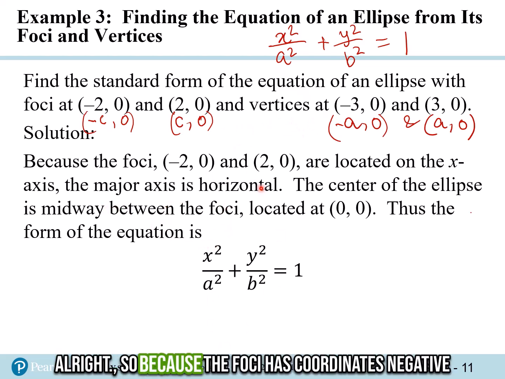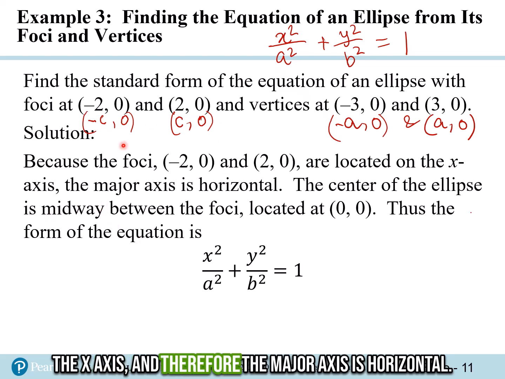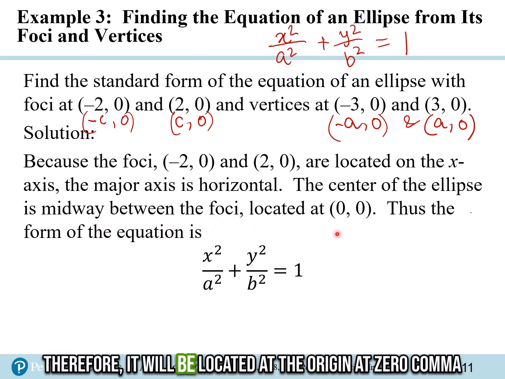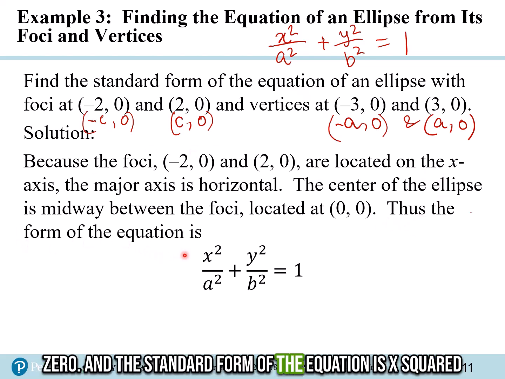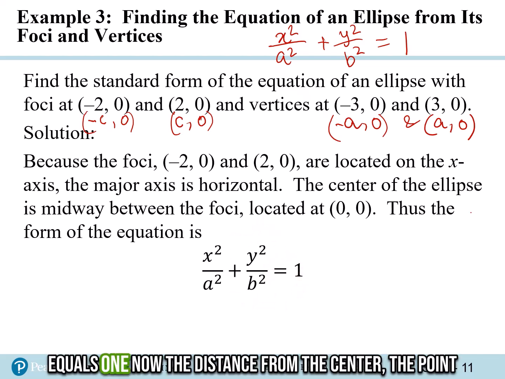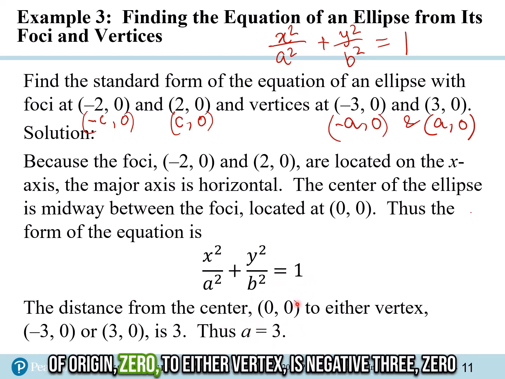All right. So because the foci has coordinates -2, 0 and 2, 0, they are located on the x-axis and therefore the major axis is horizontal. The center of the ellipse is midway between the foci, therefore it will be located at the origin at 0, 0, and the standard form of the equation is x squared divided by a squared plus y squared divided by b squared equals 1. Now, the distance from the center, the point of origin 0, 0 to either vertex is